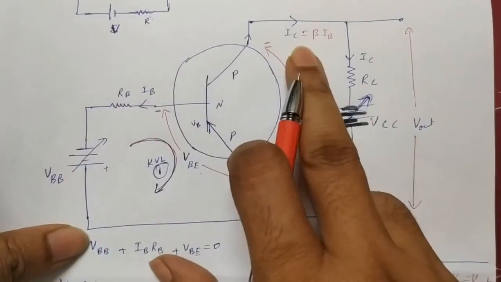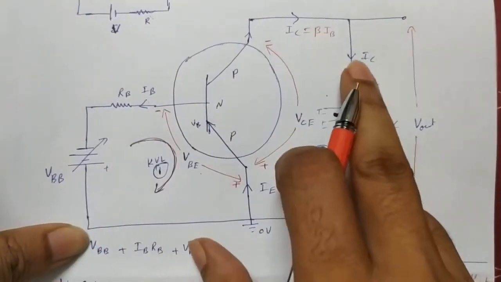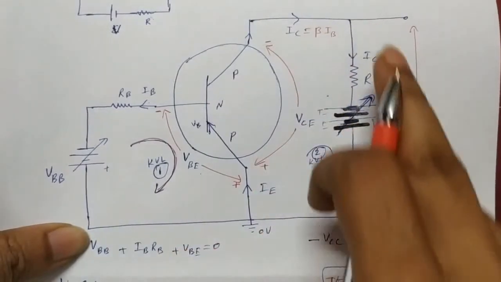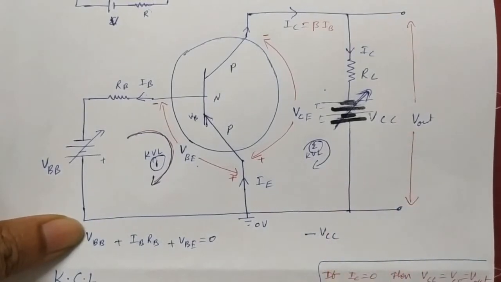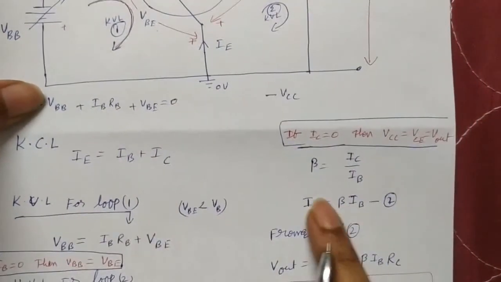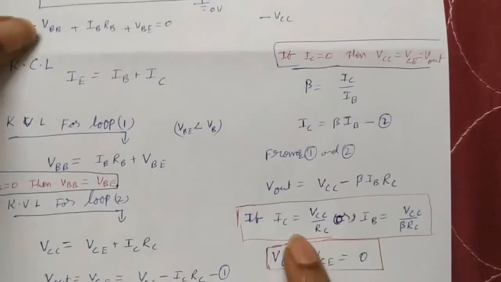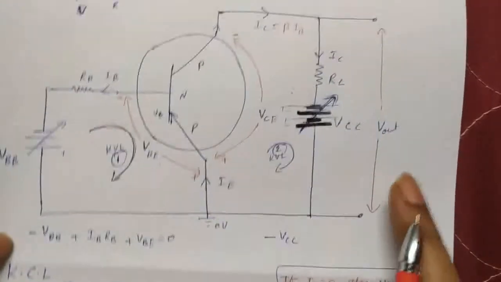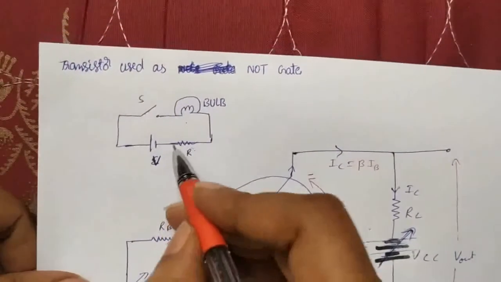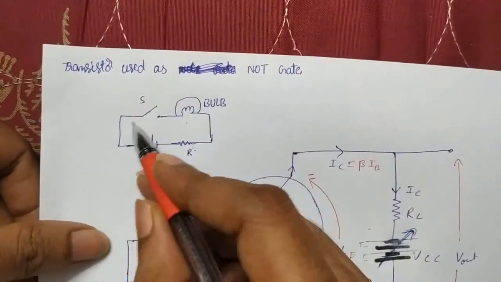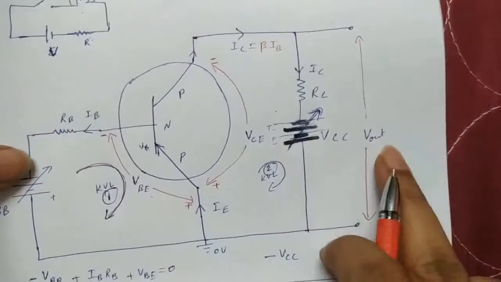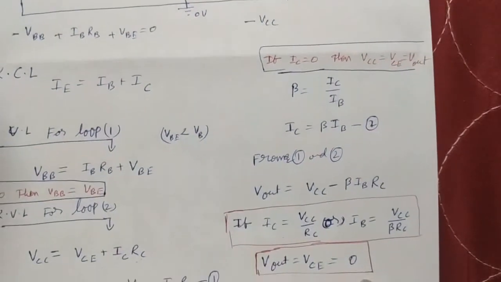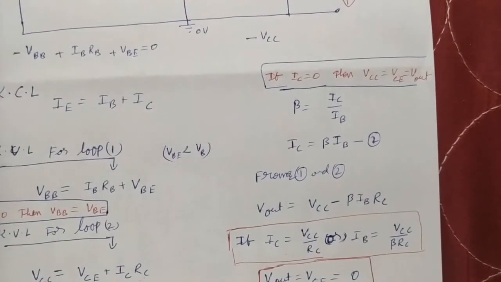Now what happened? For a suitable current here you get another current, and that current, you see, IC RC cancels the potential at the base. That's why the overall potential you get is less than the initial total value, and finally for a suitable current, that is IC equal to beta IB, what happened? Output you get 0. Whenever the potential across the cell is 0, what do you say? Maximum current is flowing, a huge amount of current is flowing, we can say. That's why here output is 0. Then we can say current is flowing through the circuit.